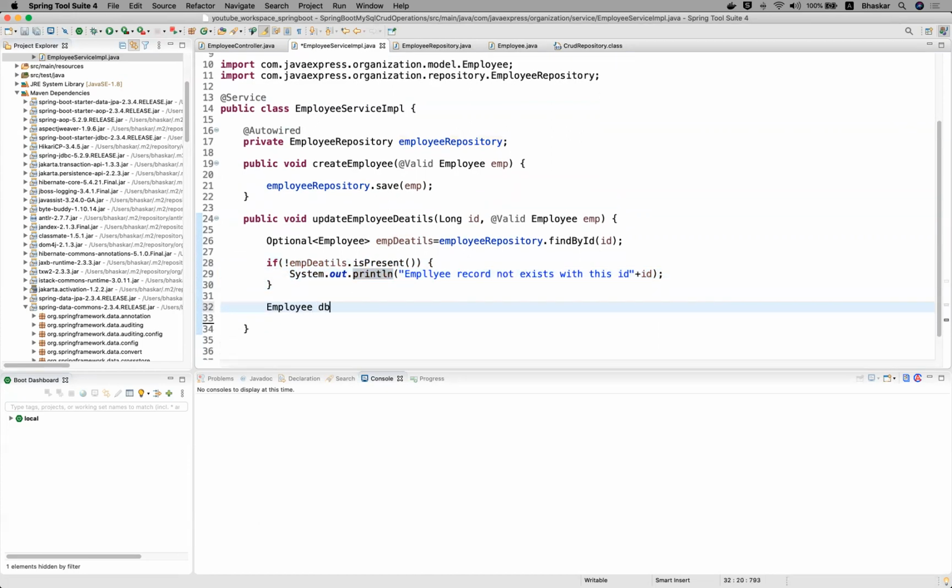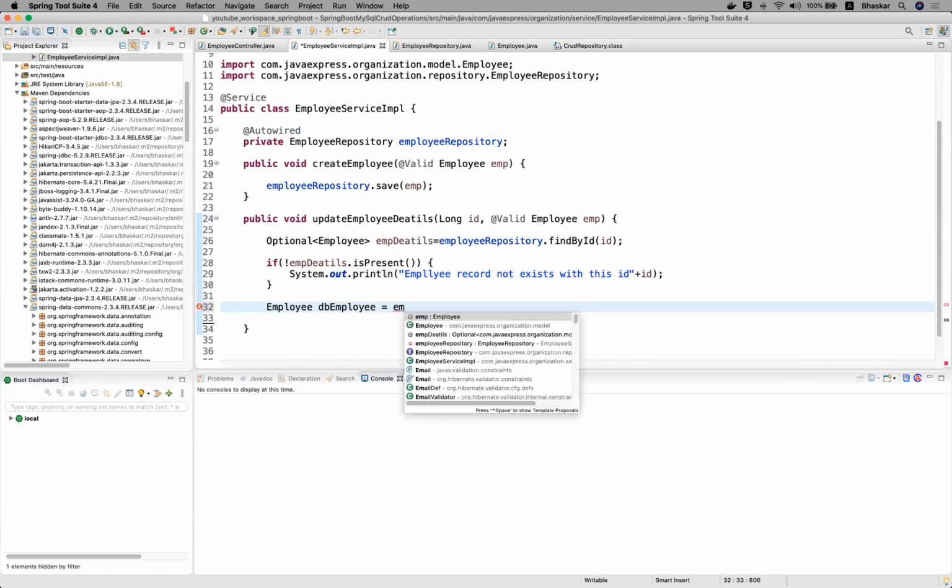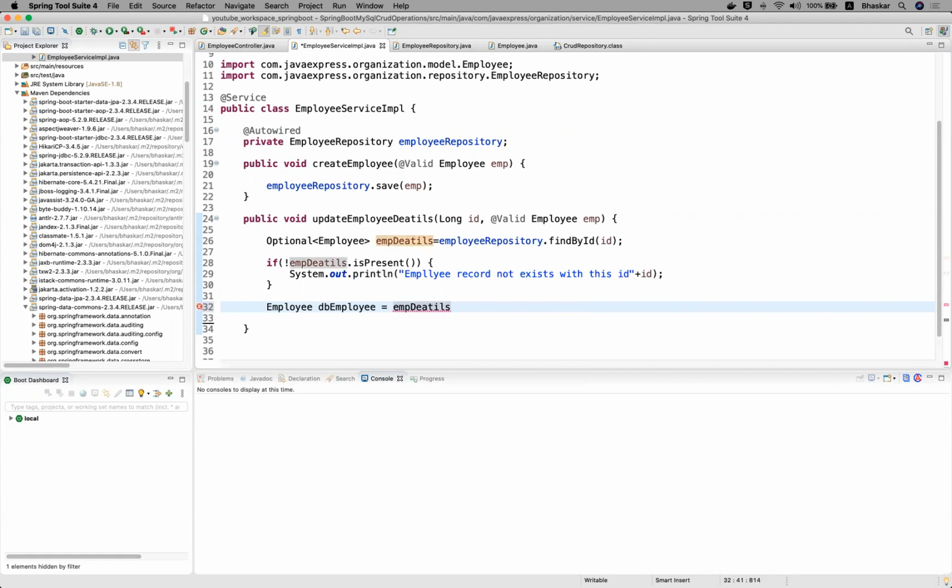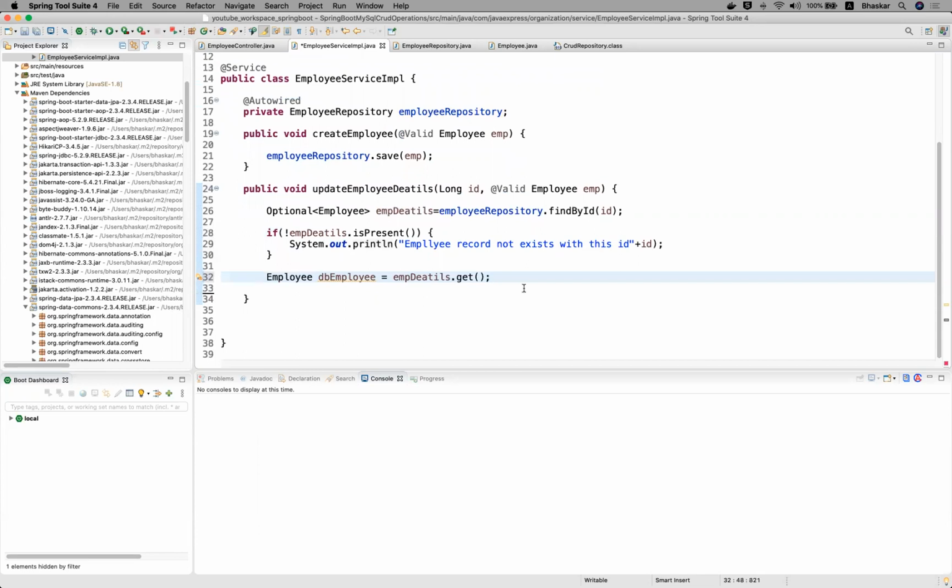Now try to see, dbEmployee equal to empDetails. There is a method dot get. If you call it, you will get your employee details object. Now you need to set your values. This is your employee record object, setEmailId.